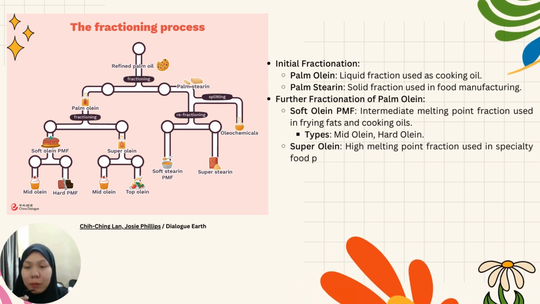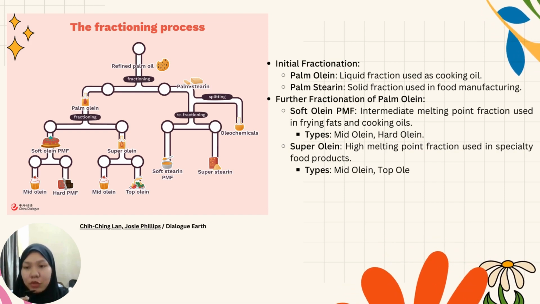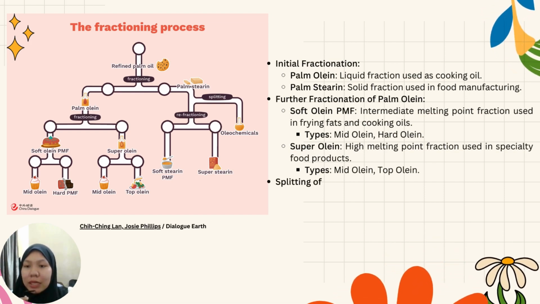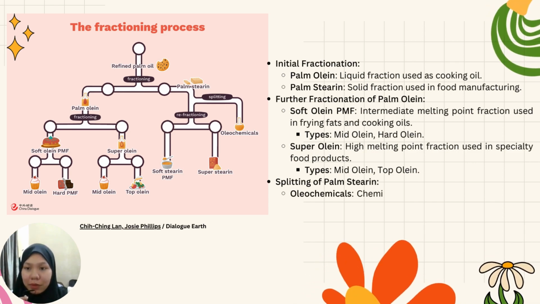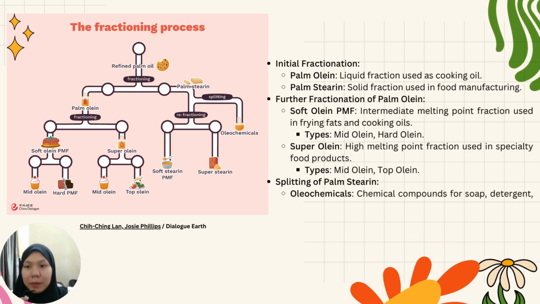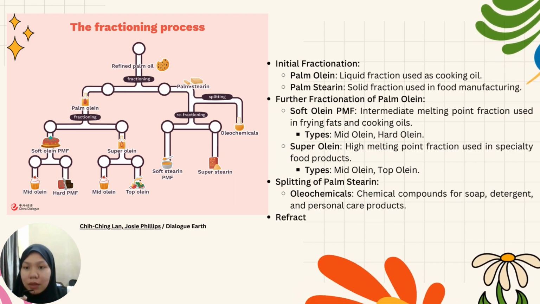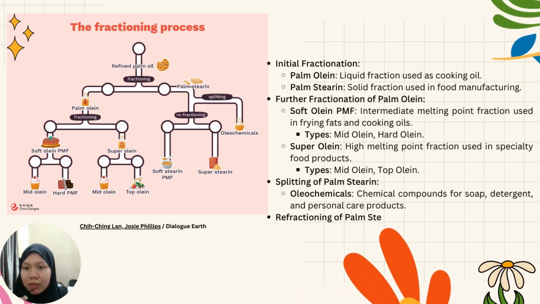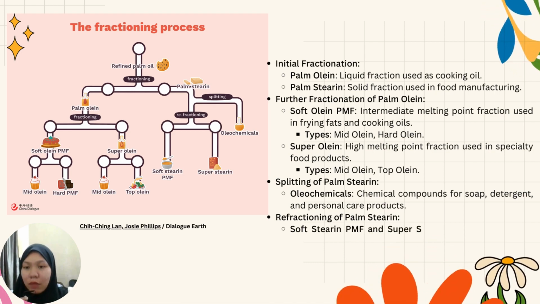Further fractionation of palm olein, we will get soft olein, PMF. Palm mid fraction is obtained through further fractionation of palm oil. It consists of triglycerides with an intermediate melting point between palm olein and palm stearin, where the types are mid olein, which has a moderate melting point and is commonly used in food applications such as frying fats, salad oil, and cooking oil. And hard olein has a slightly higher melting point compared to mid olein and is often used in food